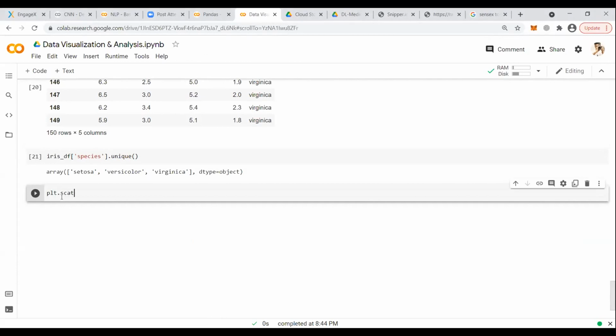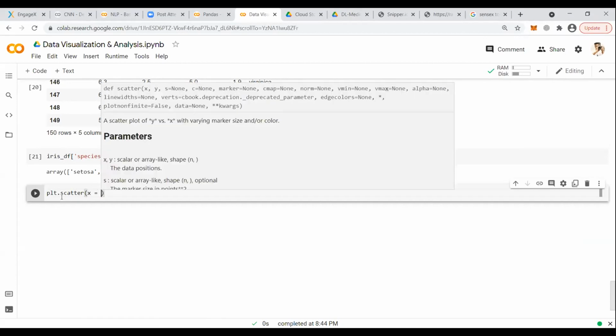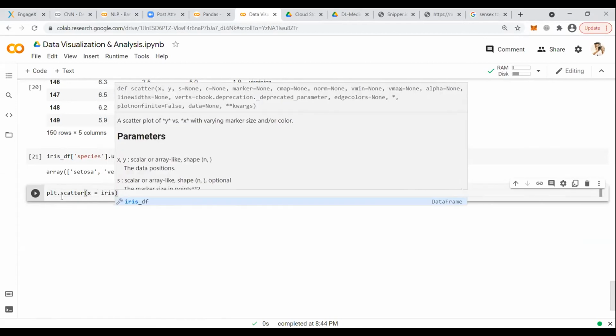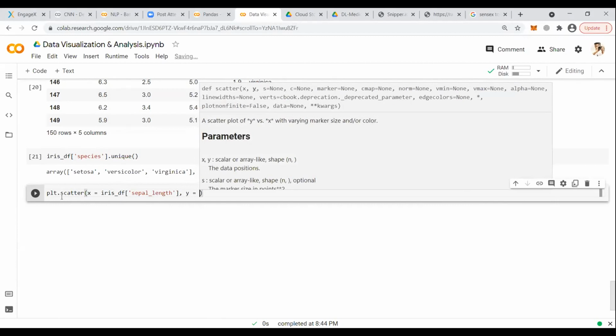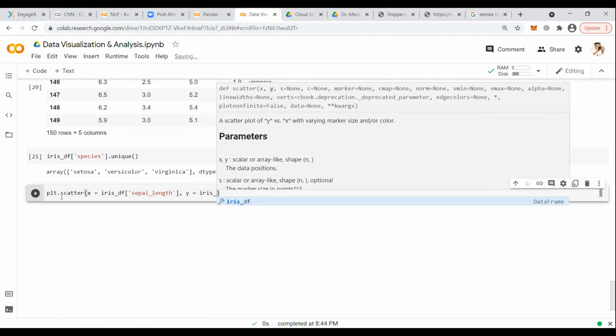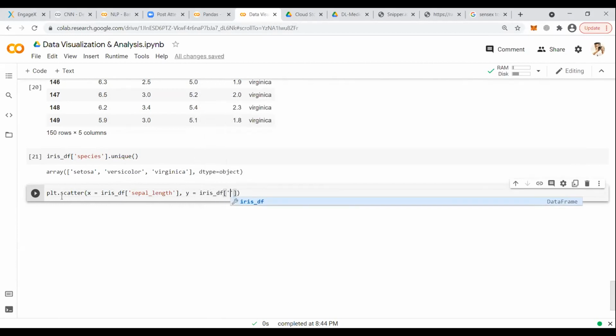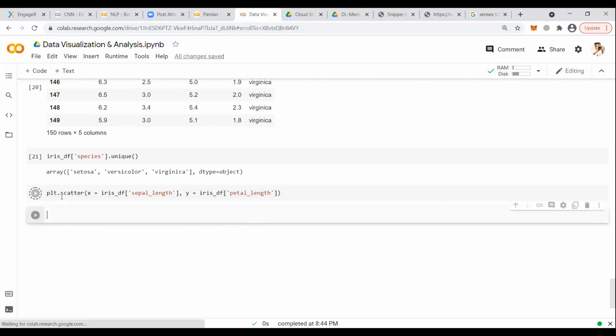So we have plt dot scatter. X-axis is iris_df sepal length, Y value iris_df, sepal length and petal length.